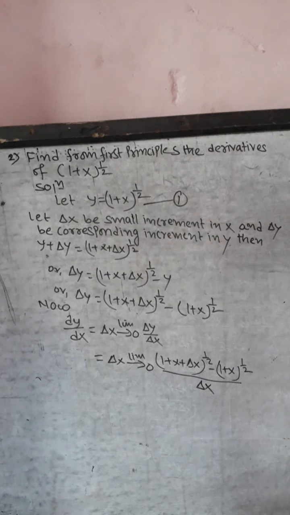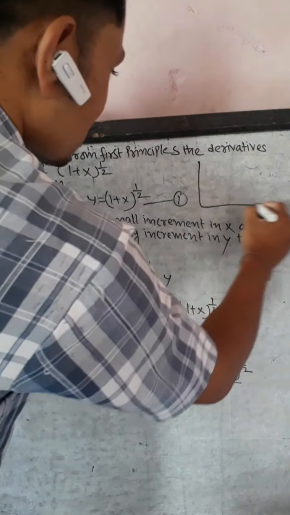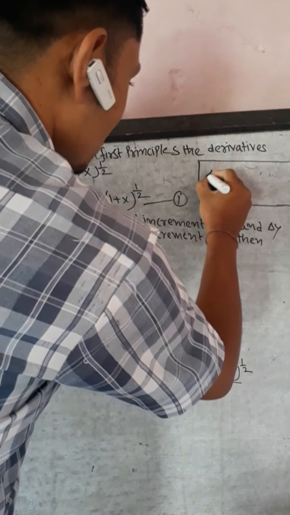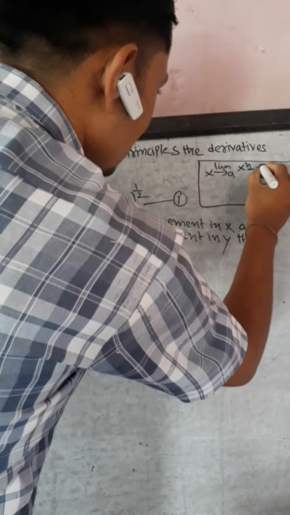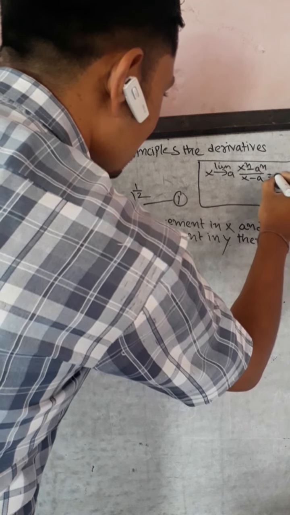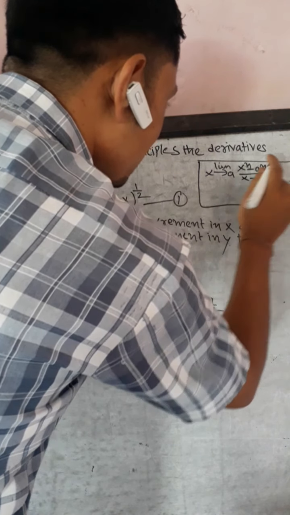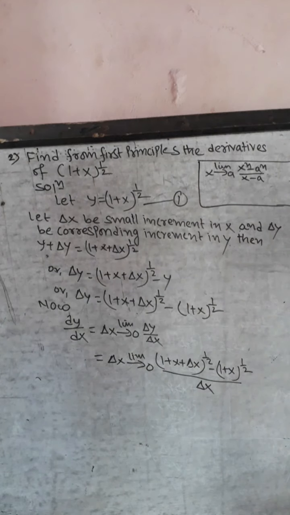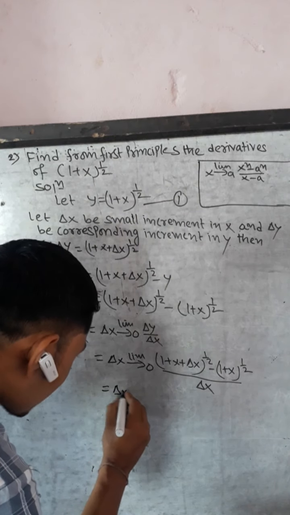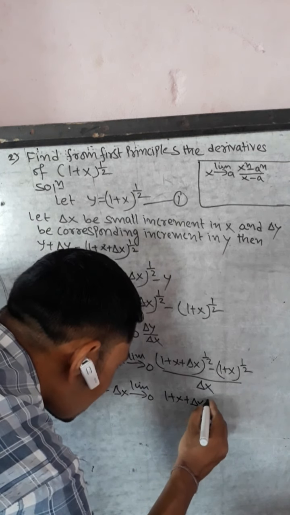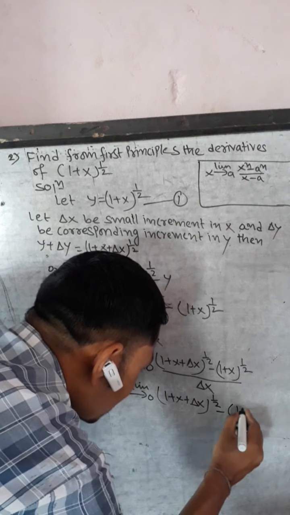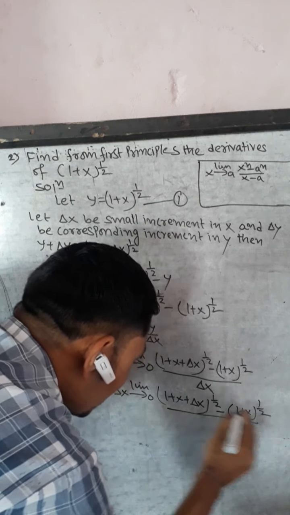Now see here, what you have to do is take it in the form, okay, I'll show you over here. The first formula which I have given in the limit: limit x tends to a of (x to the power n minus a to the power n) by (x minus a) is equal to this. In this form you have to take it. Okay, let's try to take that one. Limit of (1 plus x plus del x) to the power 1 by 2 minus (1 plus x) to the power 1 by 2. Now in place of del x, what should be there?